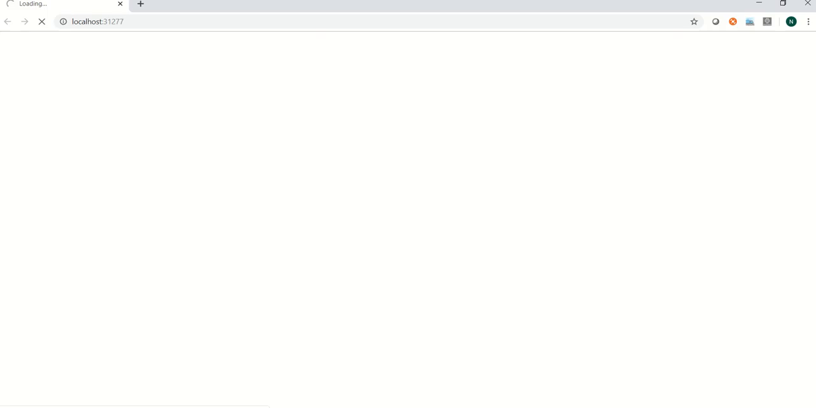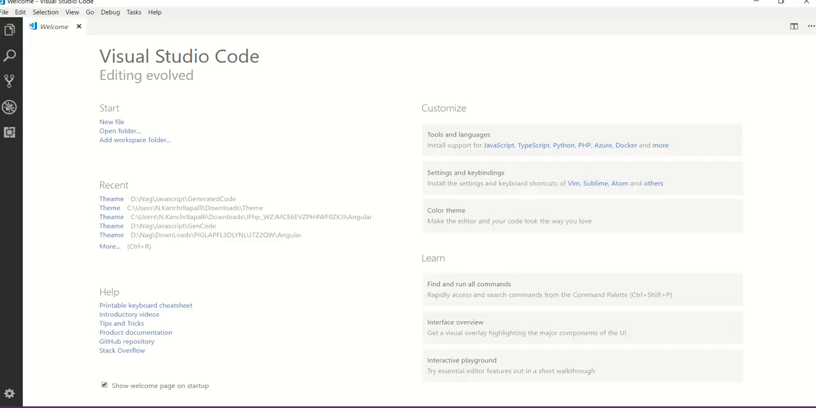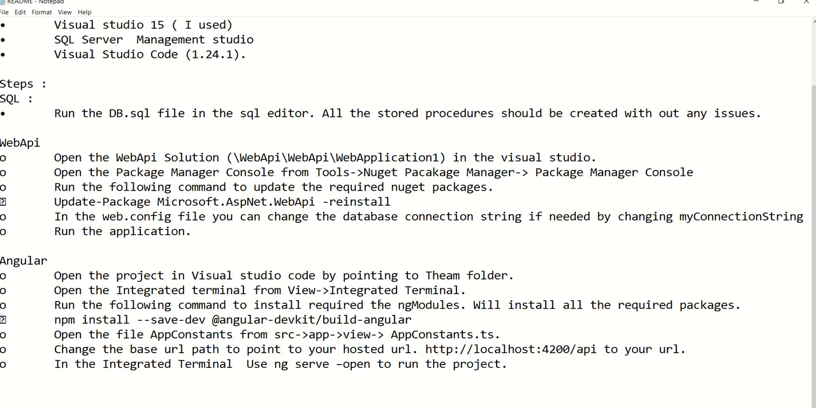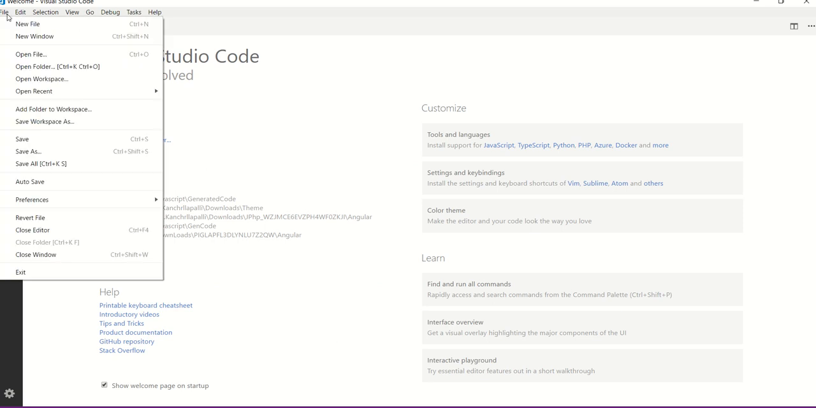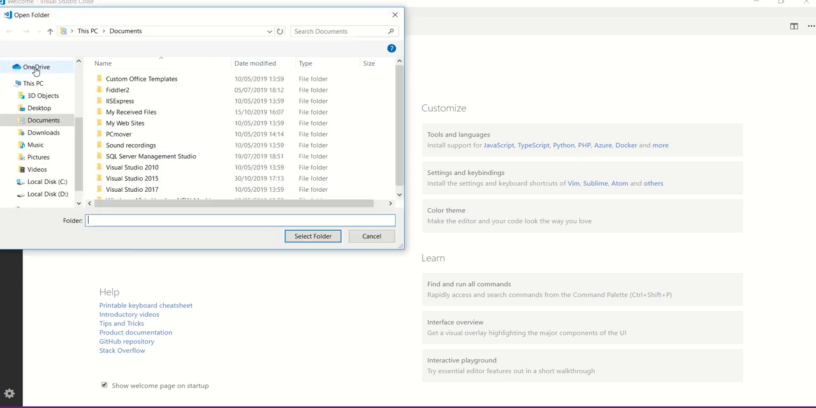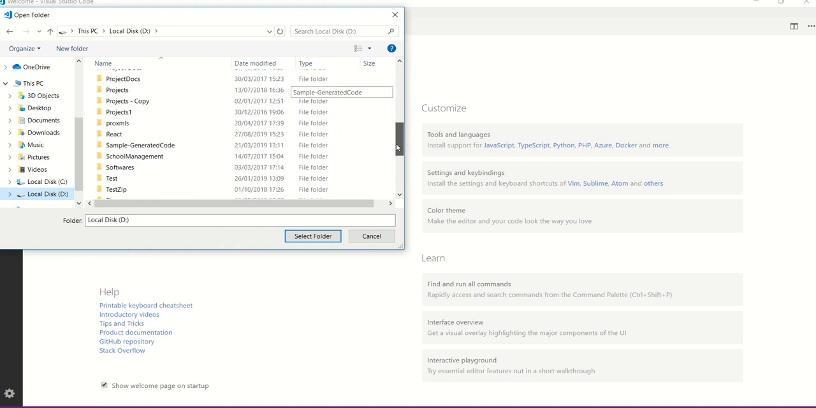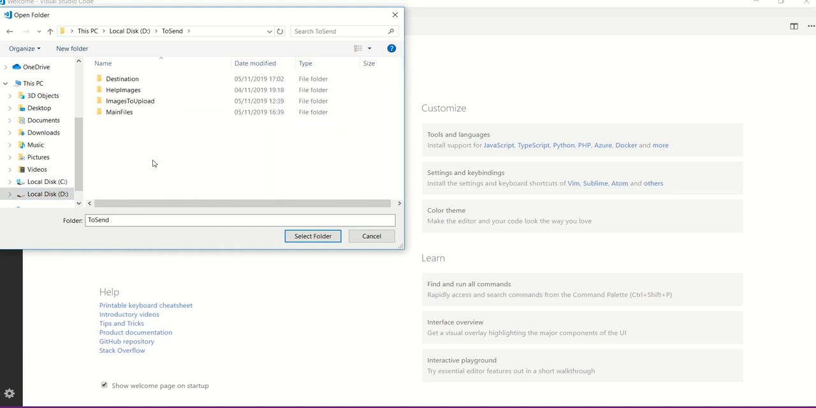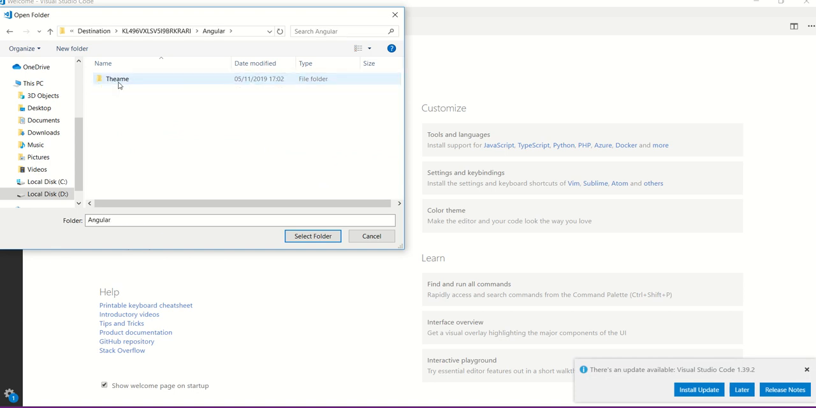You can see here, without any errors, the application is running there. And then after that we need to point to the theme folder. So view integrated terminal, and then first let's point to the theme folder here: file, open folder, and then it is there in the D drive, destination Angular theme,